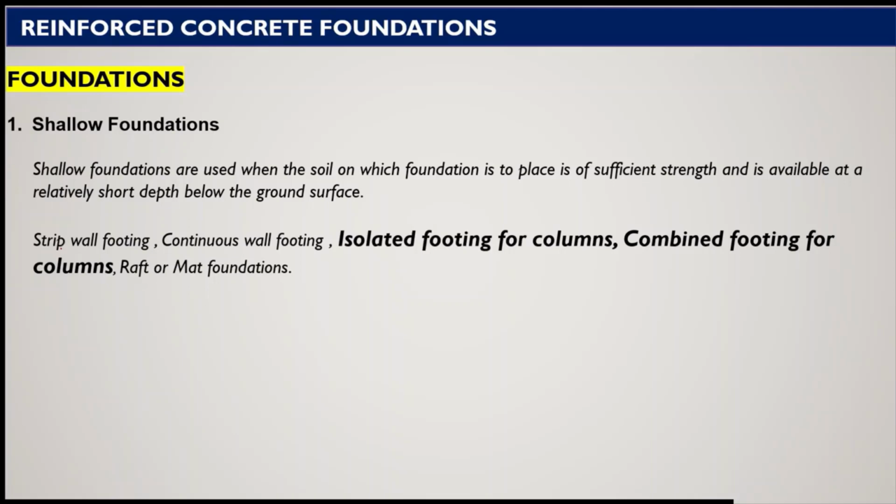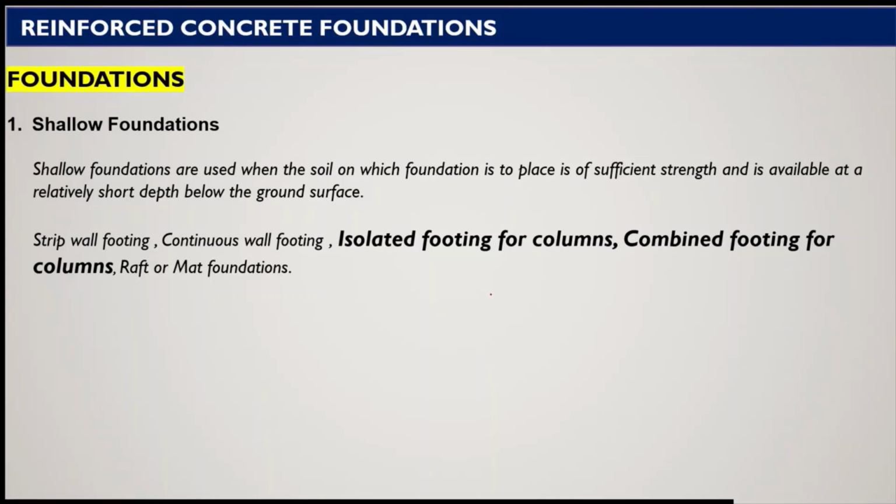Now, some of the shallow foundation types are the foundation for a wall, that is strip wall footing, continuous wall footing, isolated footing for column, combined footing for column, raft footing, or mat foundations. So in the current curriculum, we will be going through the design aspect and design detailing of isolated footing for column. Isolated footing for column means a single footing devoted to a particular column,